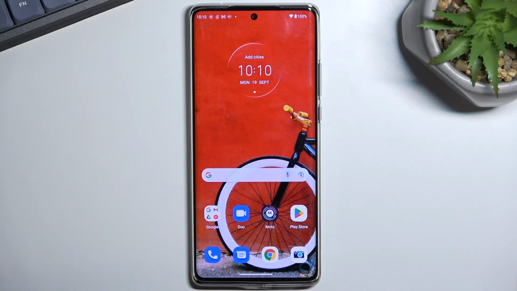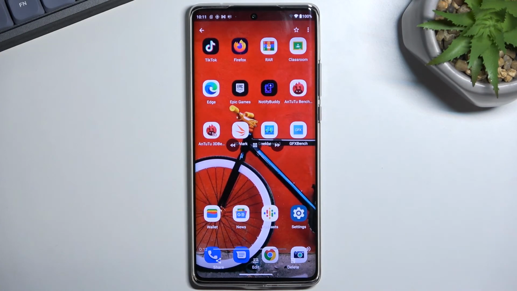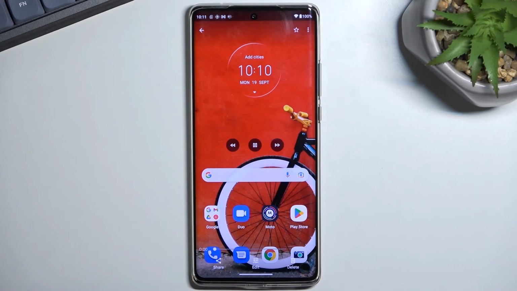Let's give it a second and we should start seeing something on the screen. There we go. So there we go, that's the screen recording,